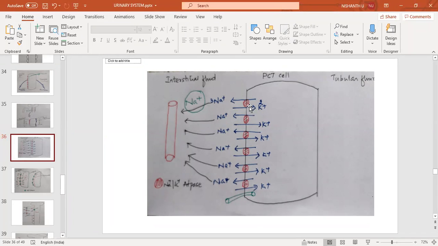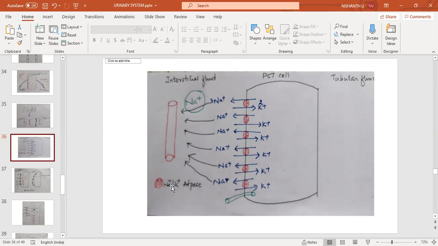And it requires energy, and remember, it directly utilizes the ATP. That means it will directly convert the ATP into ADP. So this is called primary active transport. Primary active transport means that the sodium is transferred against the electrochemical gradient. The second point is that it is directly utilizing the ATP. So that's why we call it primary active transport. Okay, fine. Now we have to explain from where the sodium is coming,